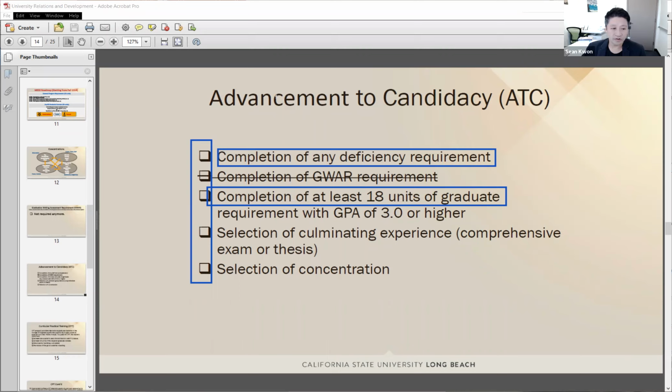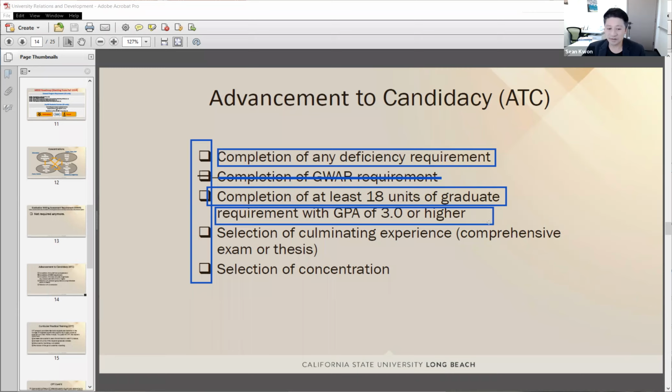So when you submit your ATC, advancement to candidacy form, I encourage you to check those 4 requirements. Now, again, we don't need to check the GWAR test results or completion of GWAR. And GPA should be equal to or greater than 3.0.